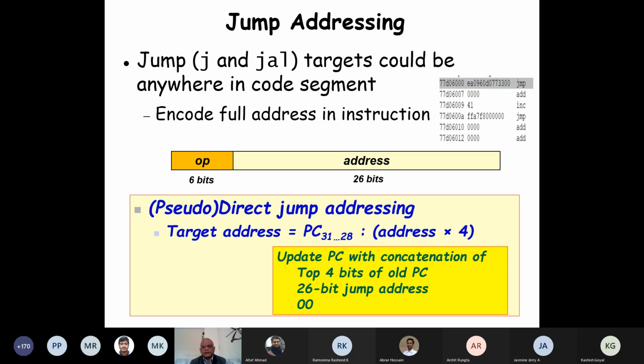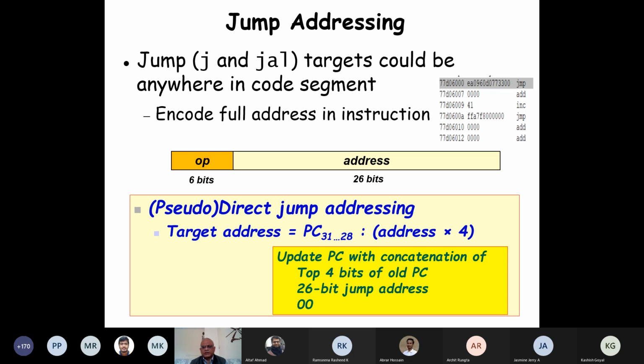But then the code segment has another 6 bits, which are extracted from the PC. The top 4 bits, okay, there are 6 bits, but the least significant 2 bits will be zeros, because this address in the jump is a word address, because it will jump over instructions, right?